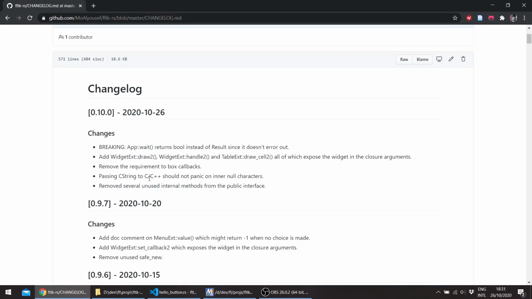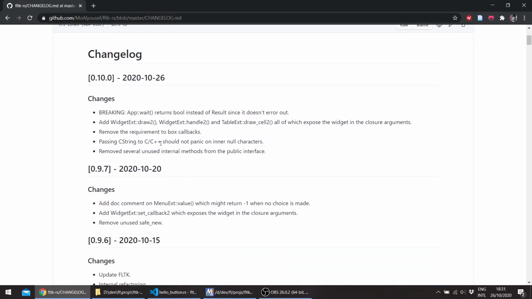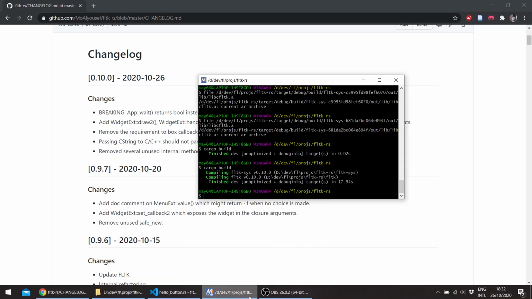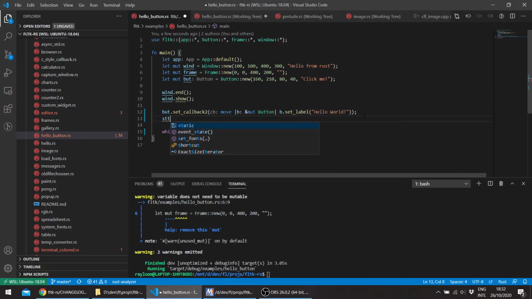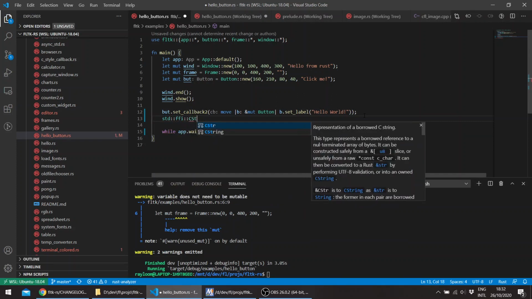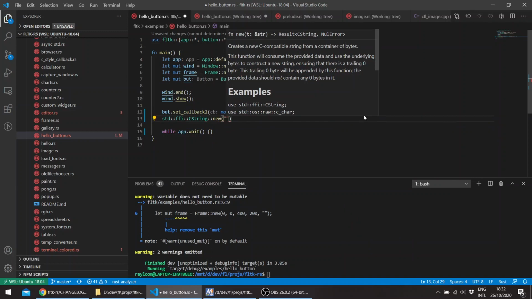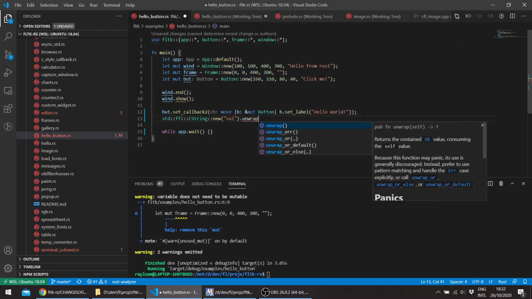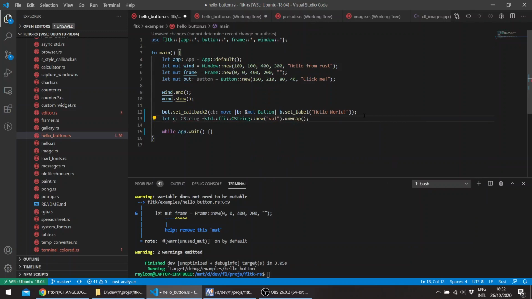Another thing, there has been some handling of errors, usually using the CString new method or a function, for example, in the std FFI CString new, for example, val. This would give us back a null terminated CString. However, if you pass an inner null character, this would panic. So now the error handling is done so that if you pass an internal null character, this would truncate until the null character